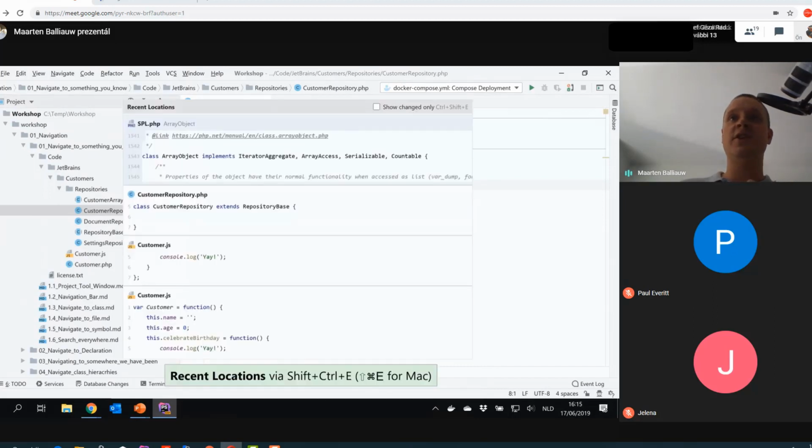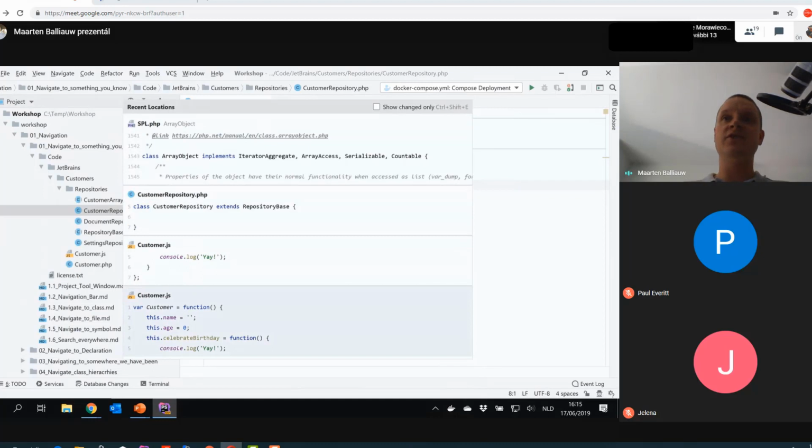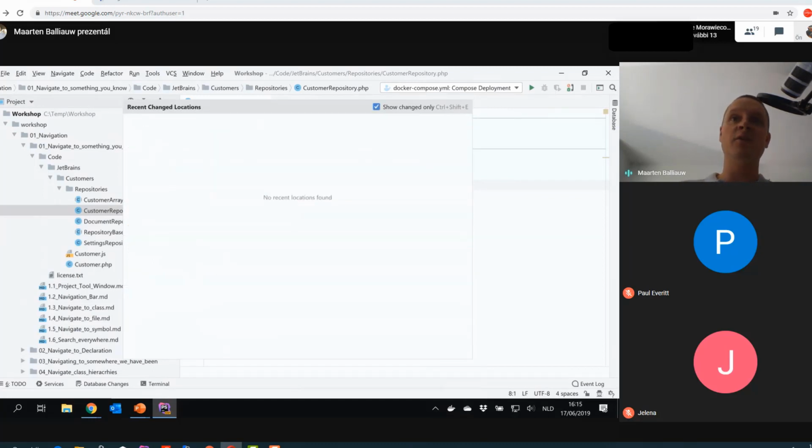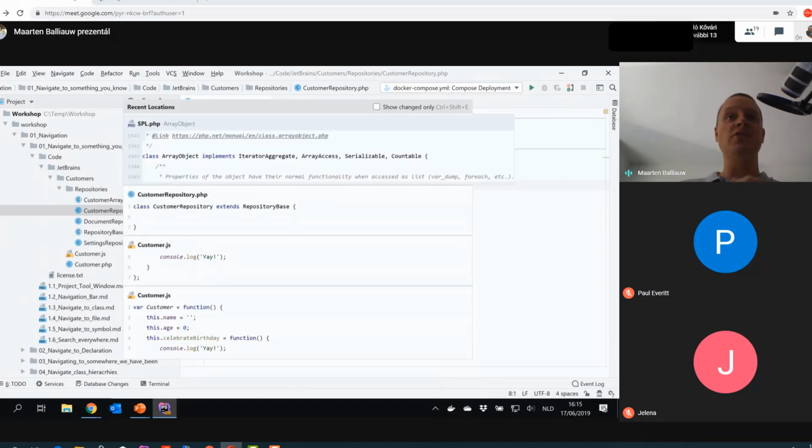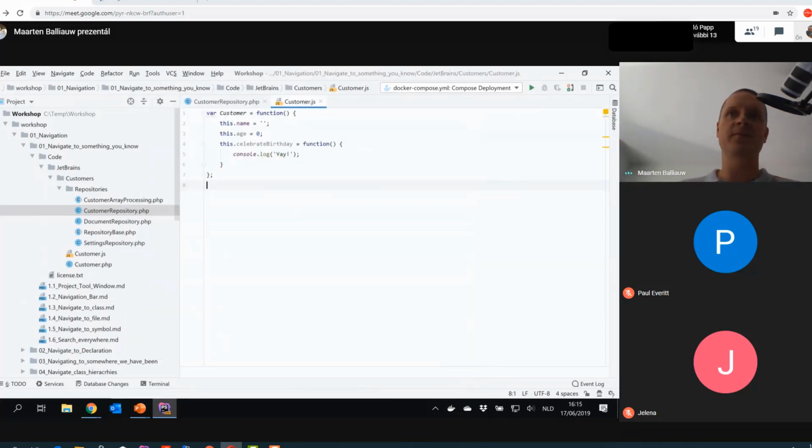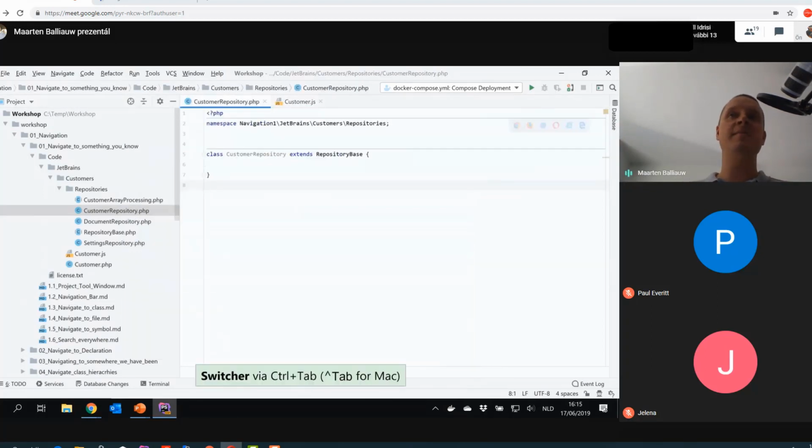If you use that shortcut, you will see all of the recent locations that we were in our code base shown in there. If we do the shortcut again, you will see the recent edit locations, in this case none. But you can quickly navigate around the places that we have been already in the code base and, for example, go back to this customer.js. Of course, Control-Tabbing between tabs also works if you want to navigate from one editor window to another one.